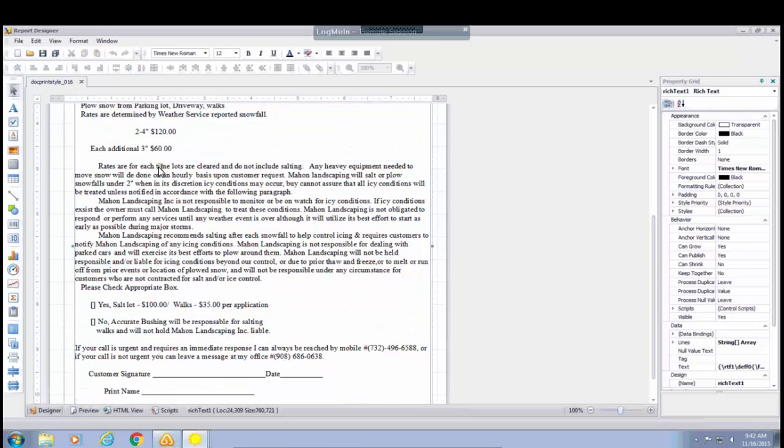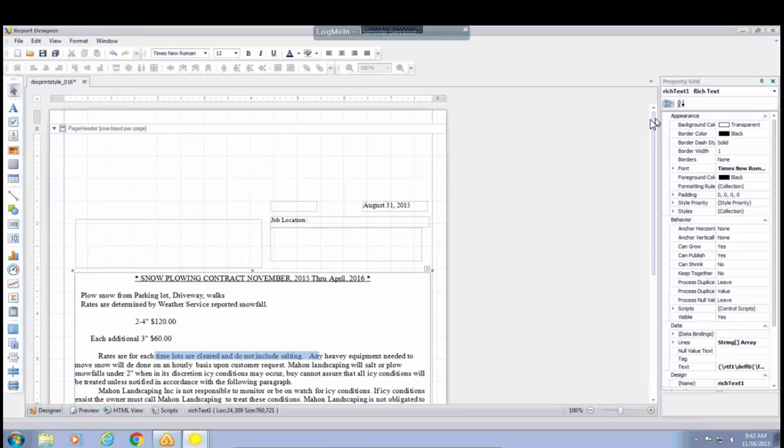If I want to, I can have capabilities such as bolding, font type changes. So if I hit that and I hit bold, you'll see it becomes bolded, and unbold it by hitting that. I can do an underline, which I did over here, and center this text by selecting the text and then hitting this, the center button. Left justify, right justify, again, underline, bold, italics, etc. And you can change